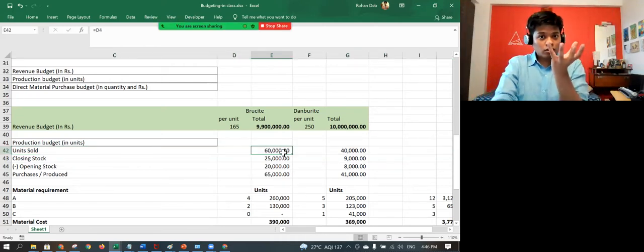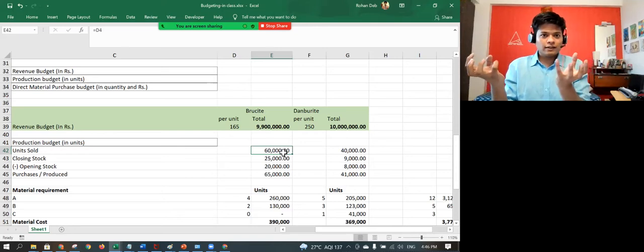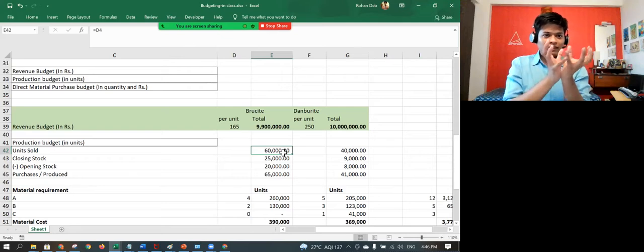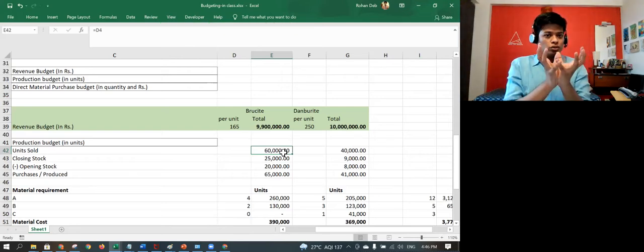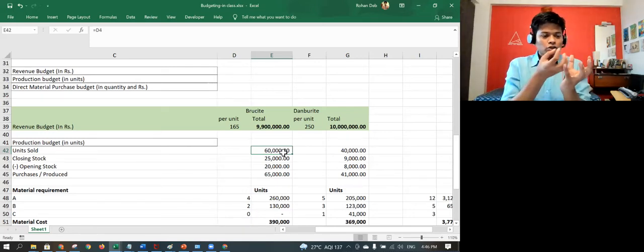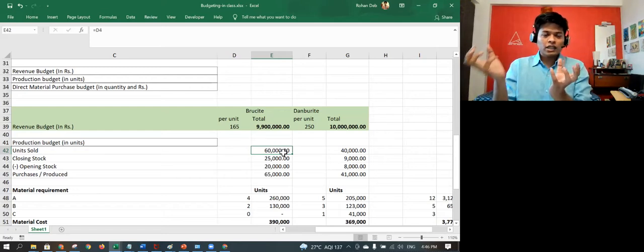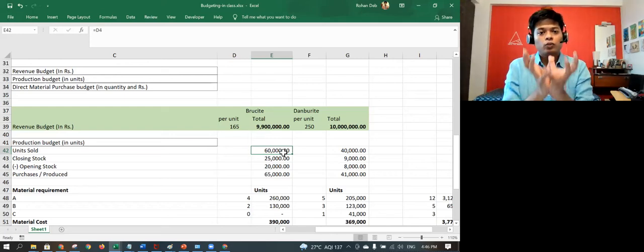Now what I have is that my units sold is there and closing stock is there. If I add my units sold to my closing stock, that will give me the total basket of units that I used to have during the year. Out of that, some of it is my opening stock. If I take out that opening stock, that will be the number of units that I have purchased. Imagine a basket. You have been told the number of units that have been sold, so those are the units that have gone out of the basket. If you add it back, that means closing stock plus the number of units sold, you'll have the total number of units that were once there in the basket.